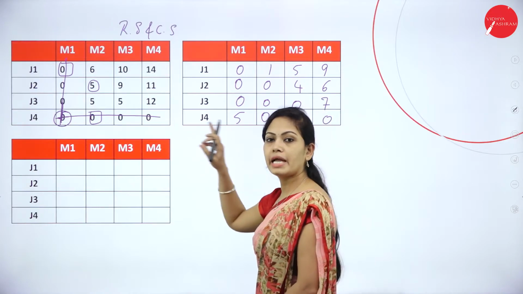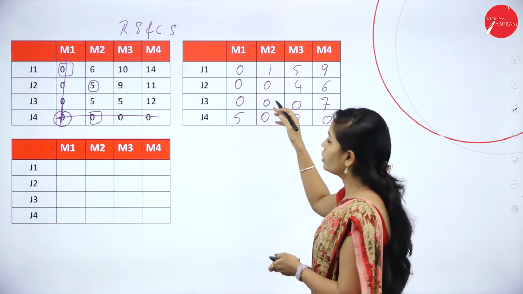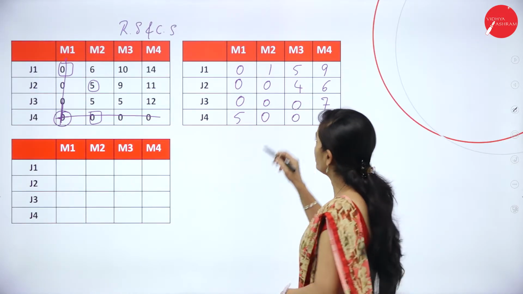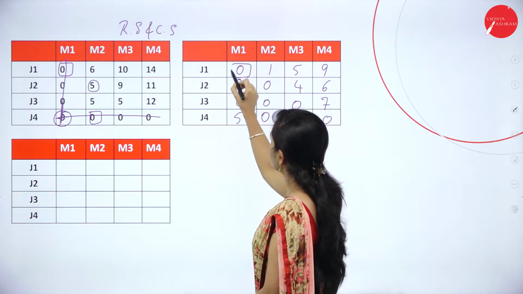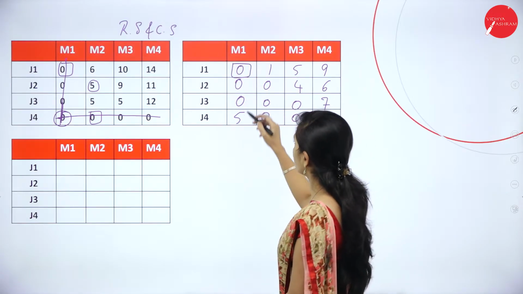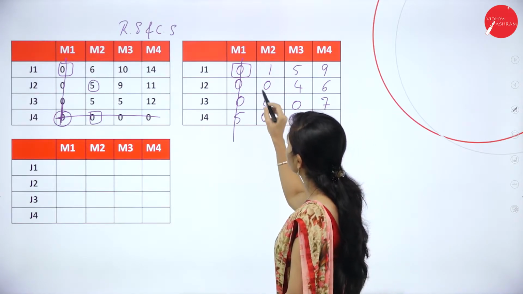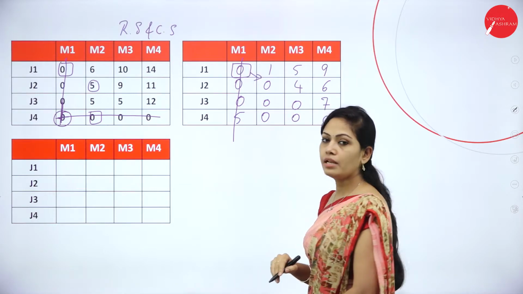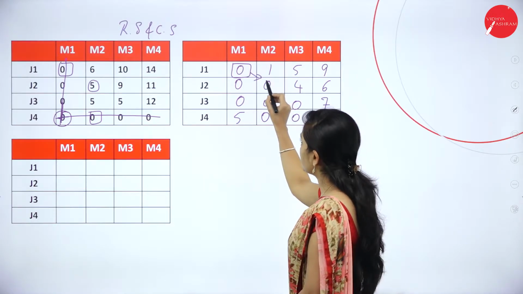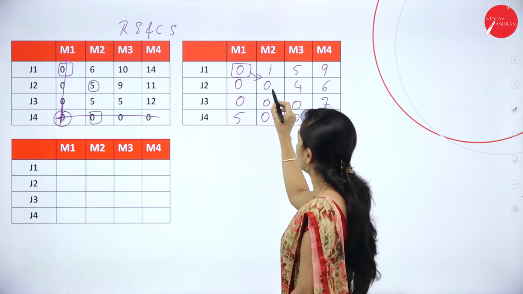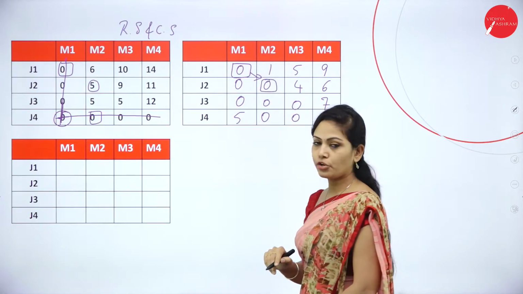After this row scanning and column scanning, you can go for diagonal selection. So here in the first row, I have 1 zero. I have put a square box around that and I will put a vertical line. So now I will select the diagonal value. Next, the diagonal selection value is this 0.